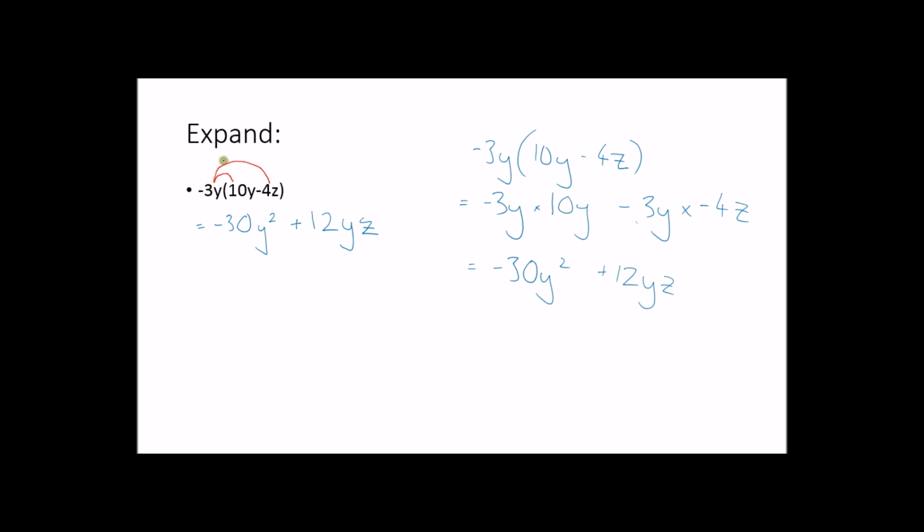As long as you use the claw or some other technique to make sure that you're multiplying everything in the bracket by everything outside the bracket, you're going to get it right. What people tended to do wrong in this question is that they would do something like equals minus 30y squared. So the first part was right, but then they would forget to actually multiply the second term, and so that was a big